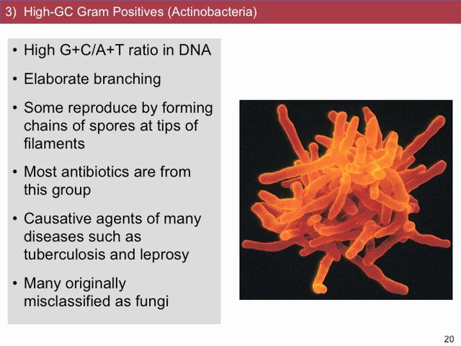A lot of the antibiotics that we use come from members of this group. So streptomycin is from Streptomyces species. Many of these are soil-living bacteria that make drugs or chemicals that manipulate and or kill other microbes in their environment. And many of them are very useful as sources for antimicrobial compounds. And a lot of the fungal and bacterial antibiotics have been isolated from this group. There are many pathogens in this group too, like the causative agent of tuberculosis and leprosy.